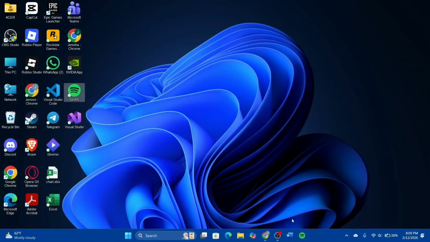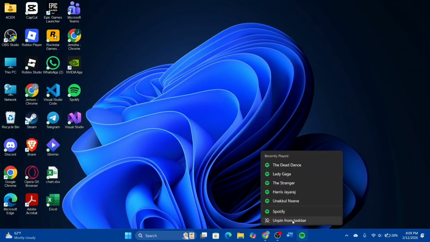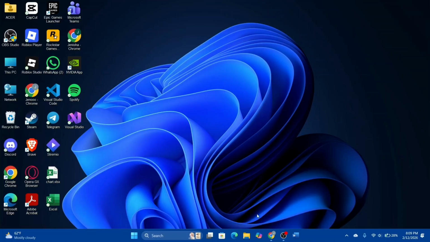If you want to unpin it again from the taskbar, you can right click on it and select the option for unpin from taskbar, and it will unpin from your taskbar. It won't appear on your taskbar that way. But usually these are the methods you can follow if you'd like to pin an